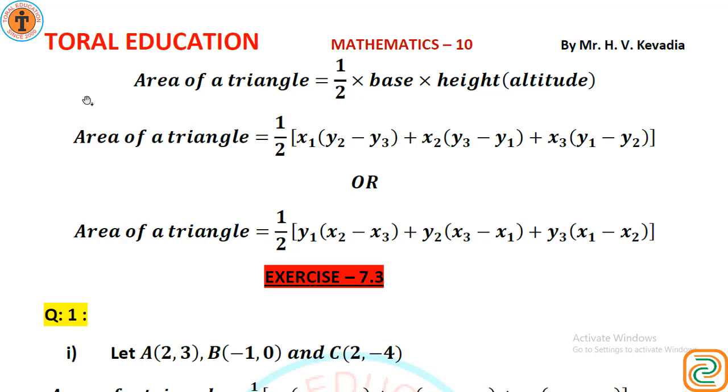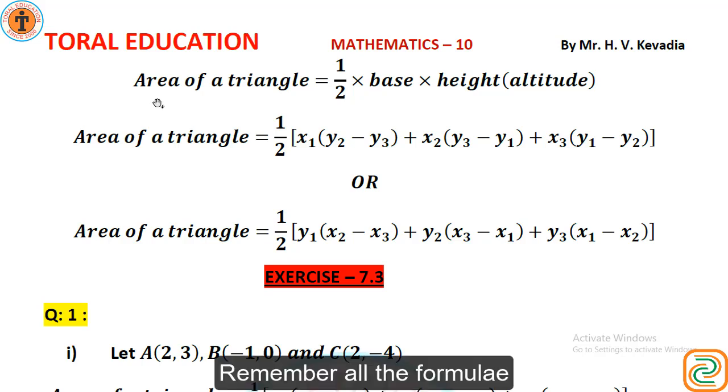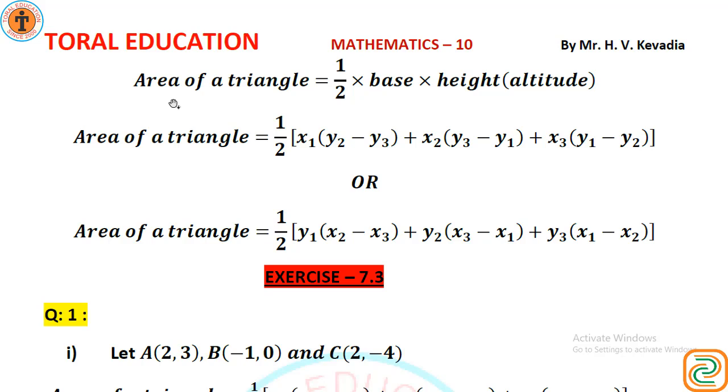But before that, let's see the formulas for area of triangle. Till today, we are familiar with the formula: area of triangle equals half into base into height. Height means altitude. This is our basic formula for area of triangle. Now, if we have a